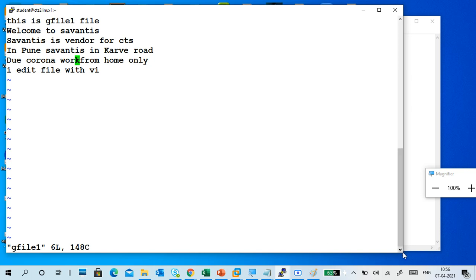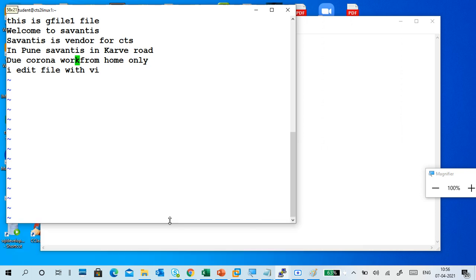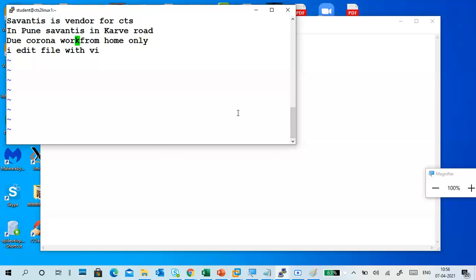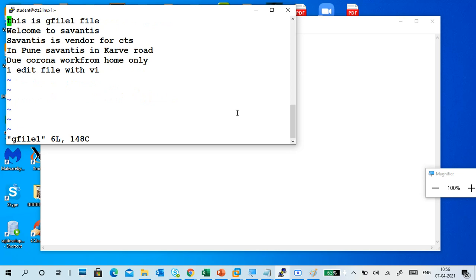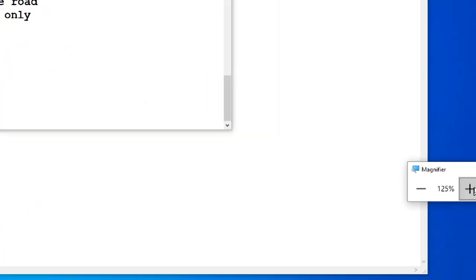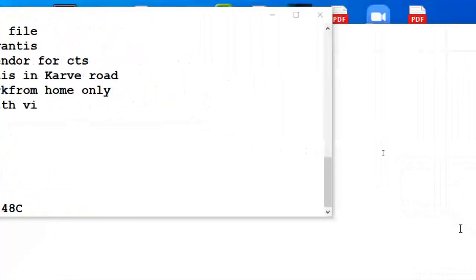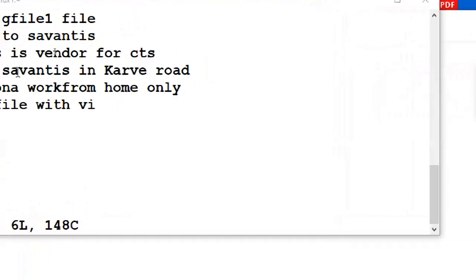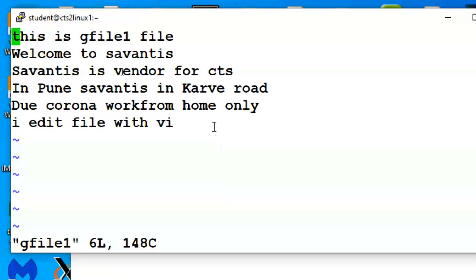So I will reduce the size of the terminal, because I want to show you clearly. Guys, you can go anywhere, no problem, but I went here in the line.